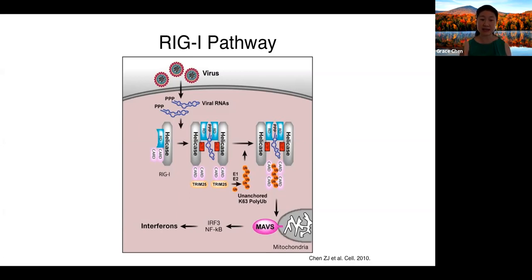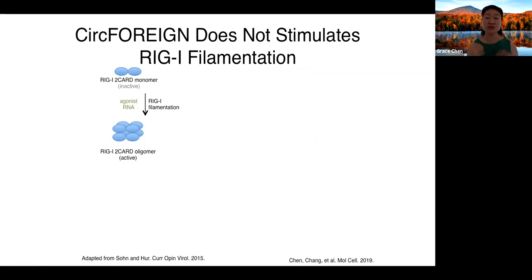How RIG-I acts is that typically it's in its inactive position, but in the presence of an agonist RNA and a polyubiquitin chain that stabilizes this open formation of RIG-I, it becomes activated, and can then induce filamentation or stimulation of the protein MAVS, which then has downstream consequences. So we wanted to test each step along the way to see if that was happening once circular RNAs were detected. So we used an in vitro system to be able to specifically designate what components were going in and what was needed at which levels.